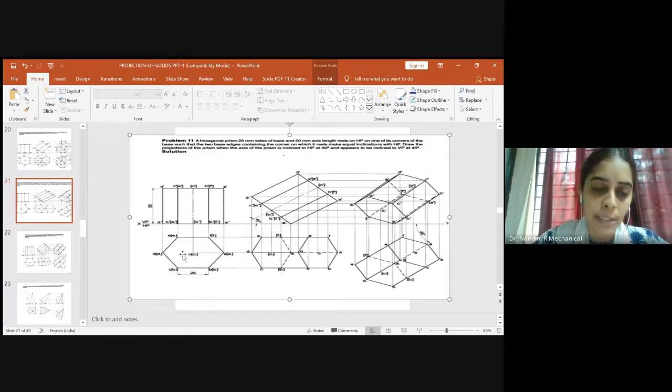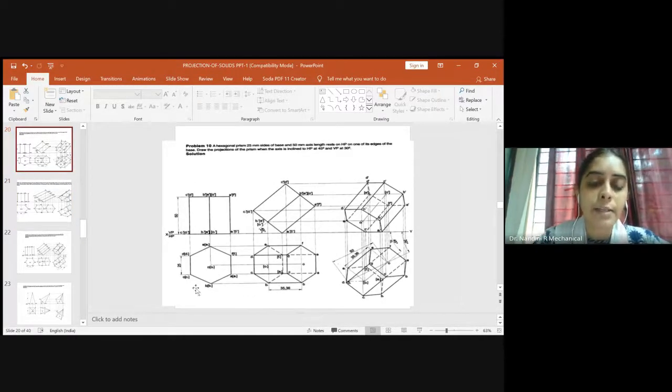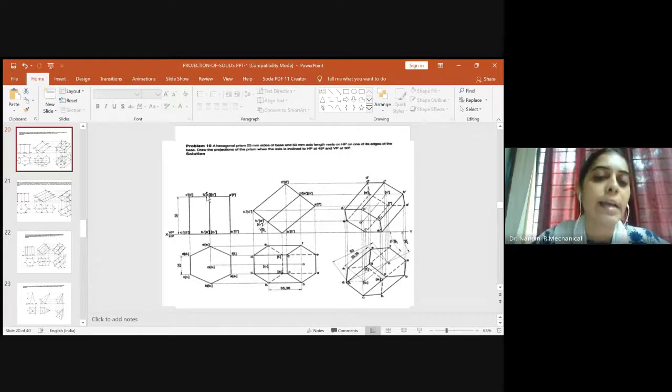So this is done with respect to the center of the axis. And I showed you how the axis will also be visible. In some cases, you won't have the axis visible. In the last problem we studied, you can see this is a hexagonal prism which is resting on one of its edges. In that case, the center and one of the longer edges will be overlapping. You cannot show the center line, the axis line, because it will overlap with the longer edge, and hence we just show a continuous line. This happens only if the hexagonal prism is resting on one of its edges.